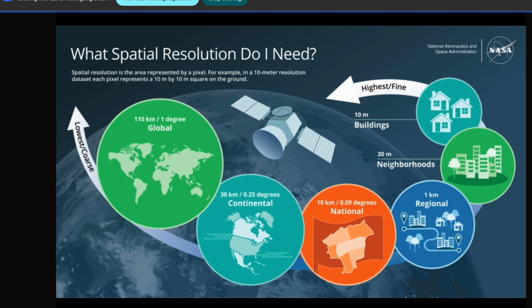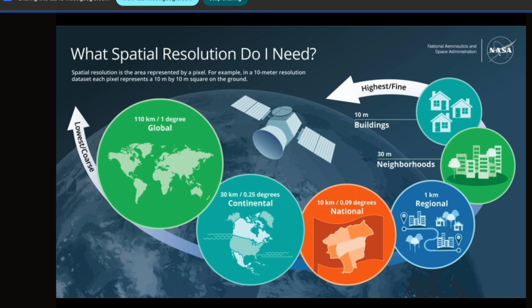So in this slide you can see this coarse resolution, global, 110 kilometer maximum. This resolution means one pixel of that image is 110 kilometers on the ground, like 110 by 110. That means whatever is in those 110 kilometers, you will see as a single value. That is helpful when you have a homogeneous area like ocean. Ocean is kilometers by kilometers the same only. You don't need that information.